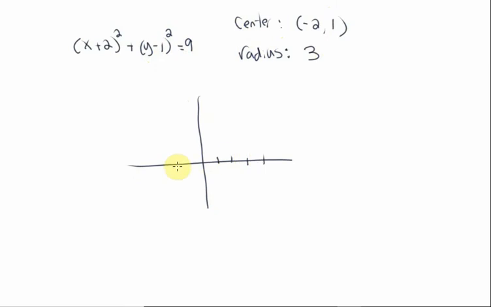1, 2, 3, 4. 2, 3, 4. Alright, so where's my center? Negative 2, 1. What's my radius? 3. So I'm going to go 3 up, 3 down, 3 left, and 3 right. 1, 2, 3. And if we're trying to go to scale, this is 1, 2, 3. Very not to scale. On a piece of graph paper, this would make a perfect circle, but it's kind of horrible looking. But anyways, that's all we want you to get from this, is how to graph a circle and